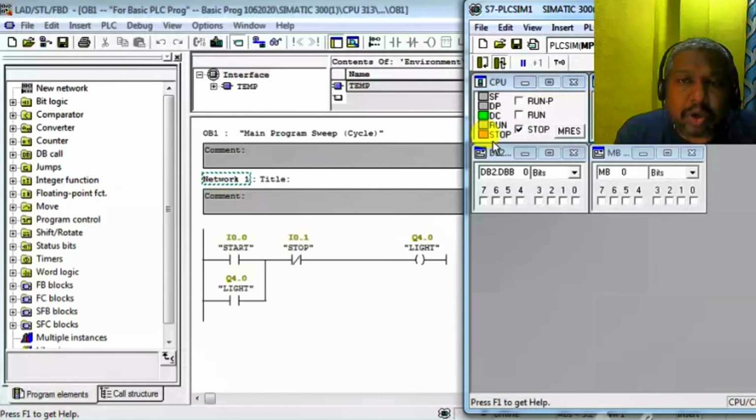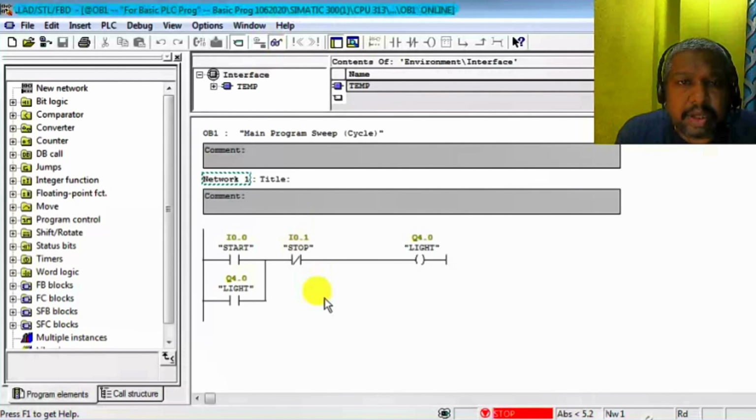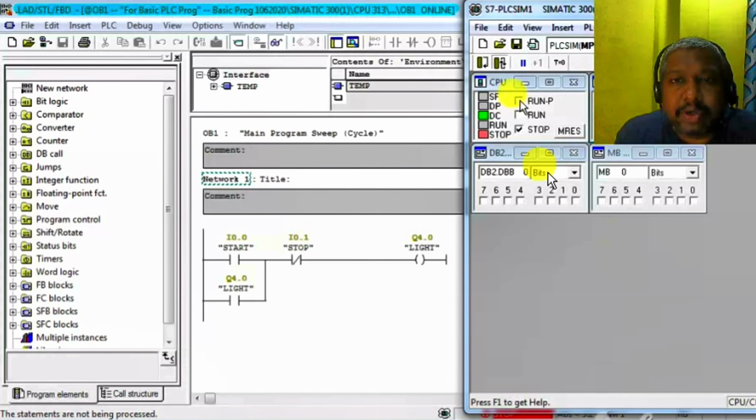So for online, go to the symbol, click on it, okay. Now this is red, that is, the CPU is in stop mode. So go to the simulation window and run the peripheral, that means run the window.